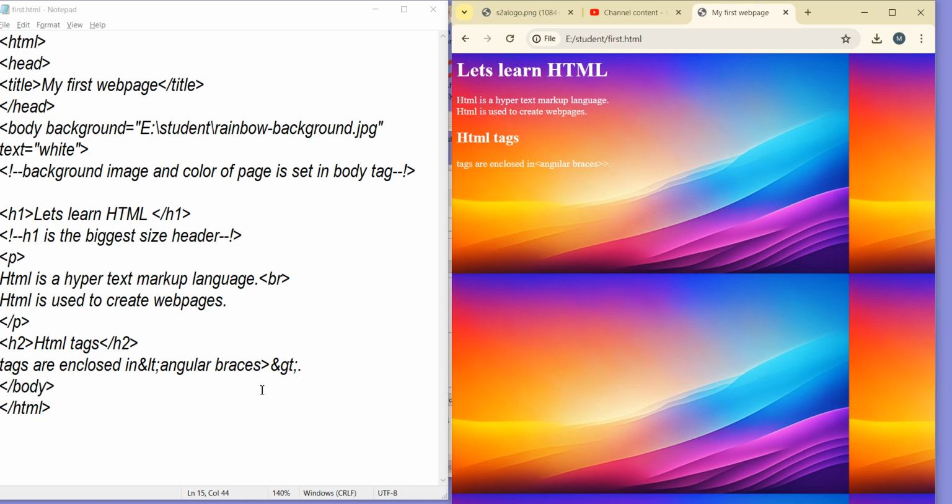Why are we getting this GT twice? Control S, F5. See, now we got this left tag and right tag. These angular braces, which we were not getting before. This is just a small thing that you can do, and there are many special characters which you can print